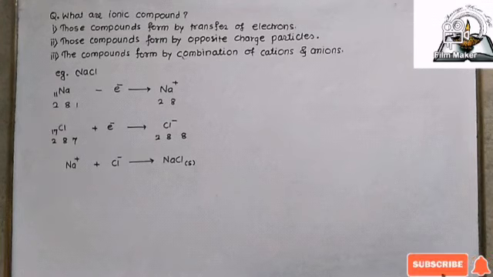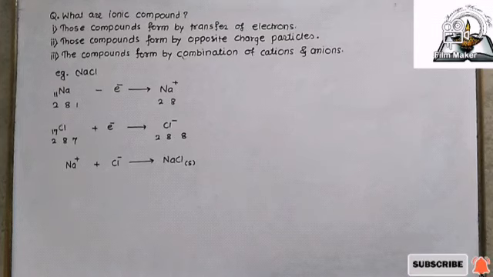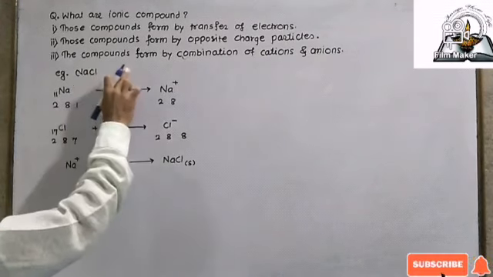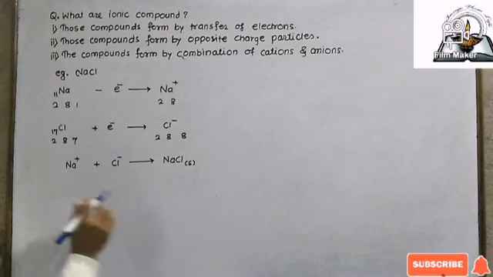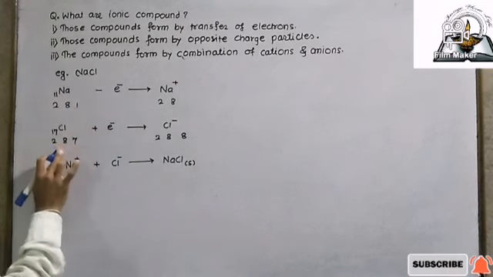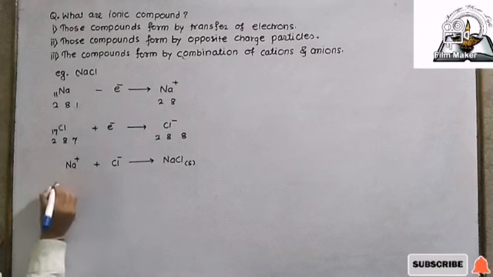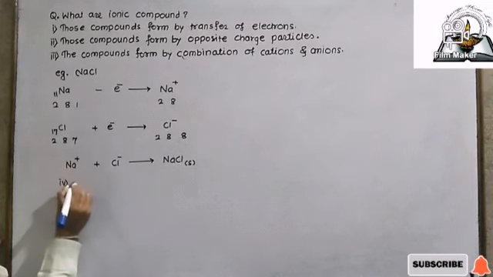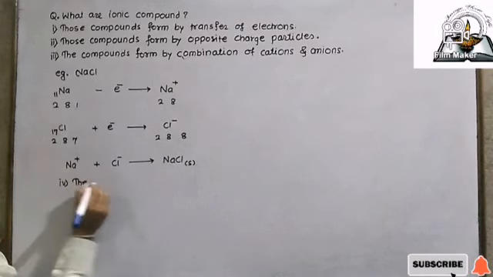Ionic compounds are usually formed when metals react with non-metals, and in other words, an ionic compound is held together by ionic bond. बराबर है. So those compounds are formed by the combination of cation and anion. On the other hand, sodium जो है वो metal है, chlorine जो है वो non-metal है. So fourth point we can write, that is the compound formed by